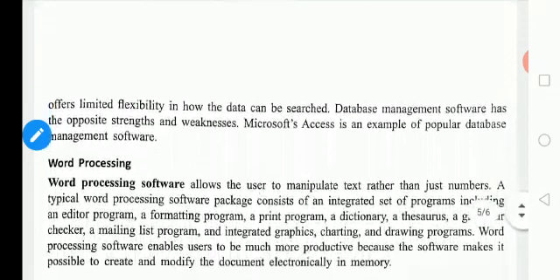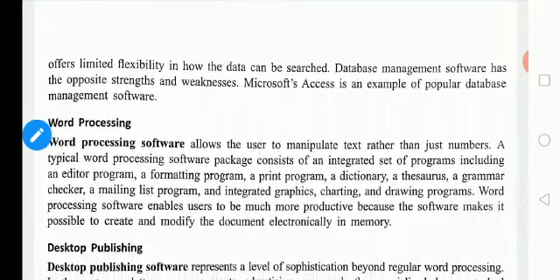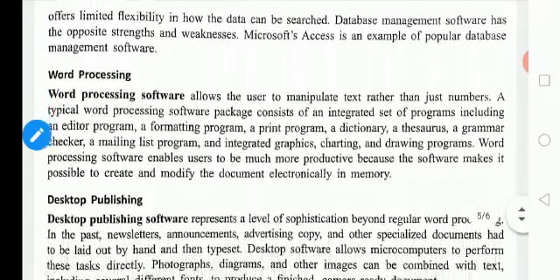Okay, and also it offers limited flexibility in how the data can be searched. So if there is numerous data on the computer, by giving simple short entries, we can easily fetch the data from the computer for easy search also. Okay dear. So this is done by Microsoft Access, MS Access. I told you that is the best example of data management.